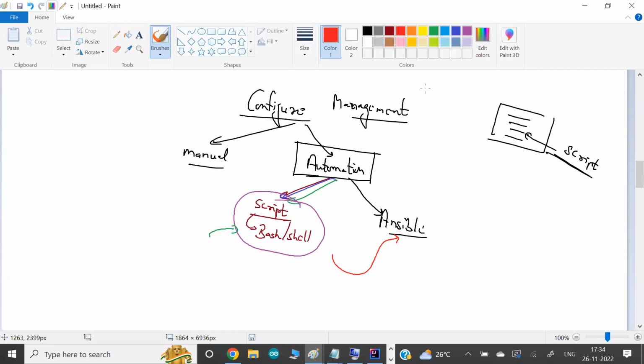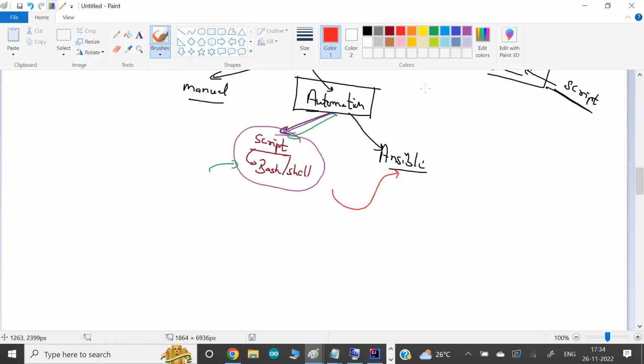So my point here is, before we go to Ansible, I'm trying to explain to you what is that very unique facility Ansible provides, which we love and want to use in the IT world or automation world. So let me explain that facility. What facility does Ansible provide? Automation is one of the things it provides, but it's not the main thing we are looking for from Ansible. So what is that thing that Ansible provides?